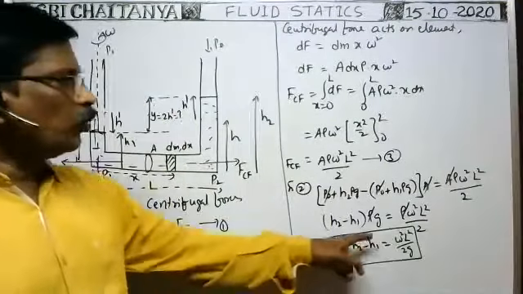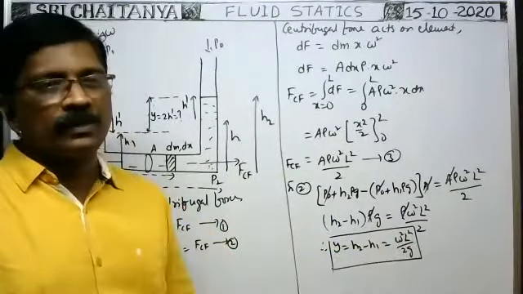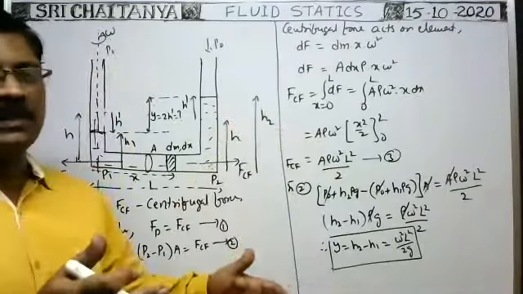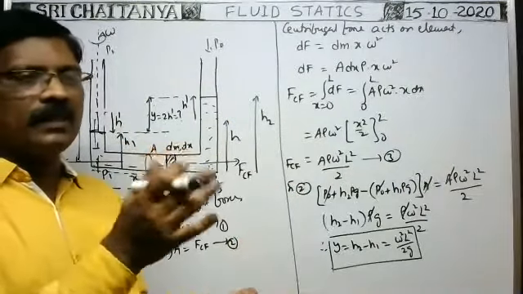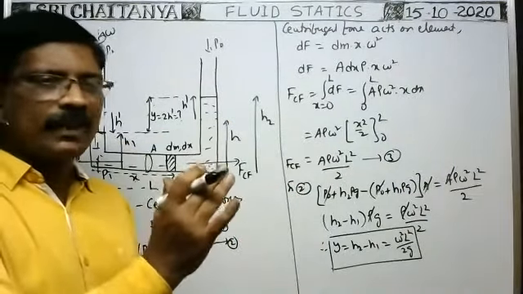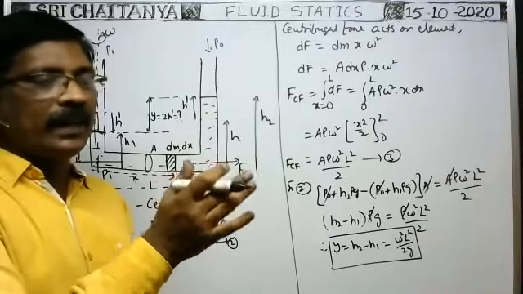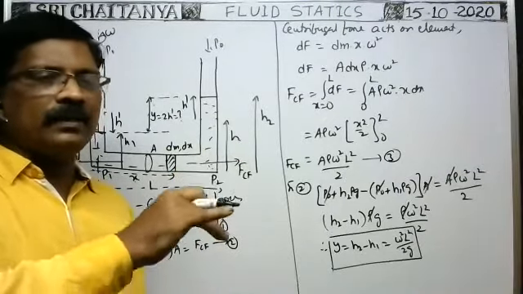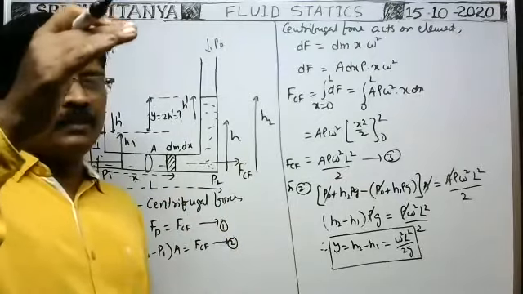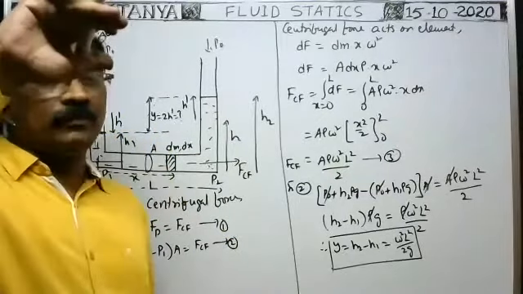Here it is similar to the omega square R square by 2z formula, no? Because in a cylindrical vessel, when the liquid is taken and the cylindrical vessel is rotated about its natural axis, then the liquid level at the middle decreases, and at the edges it rises. It is in a paraboloid shape like that.